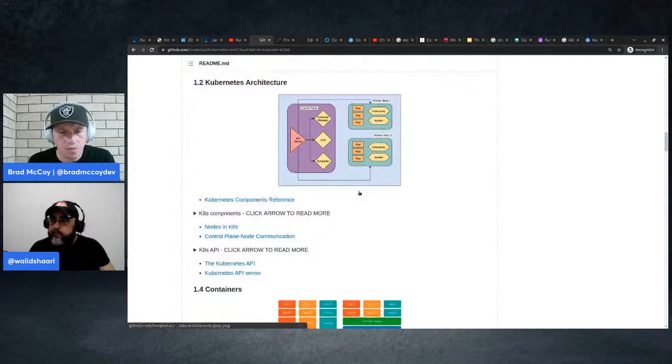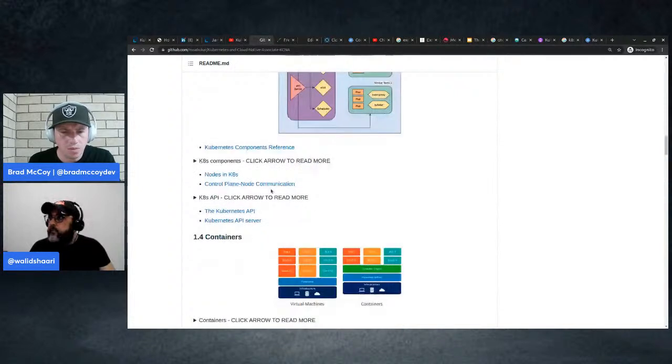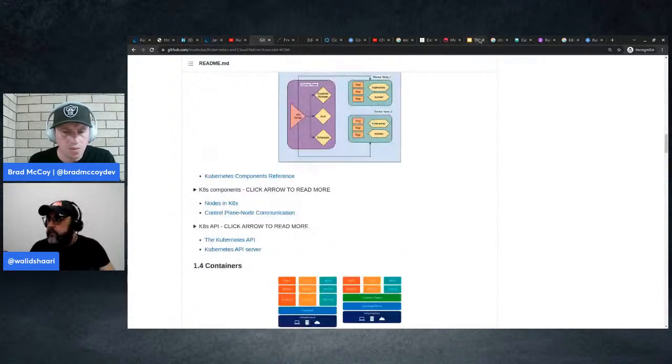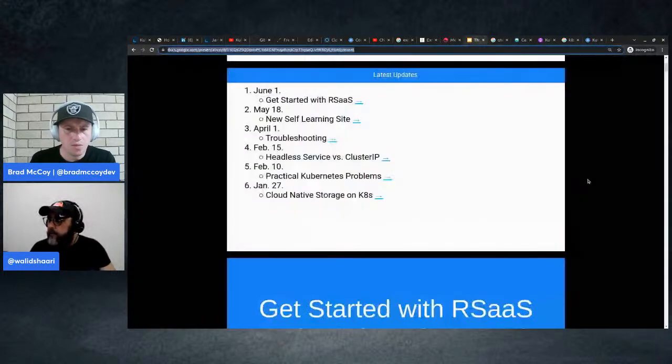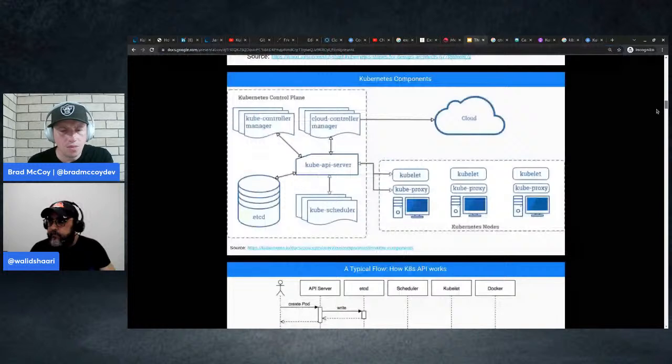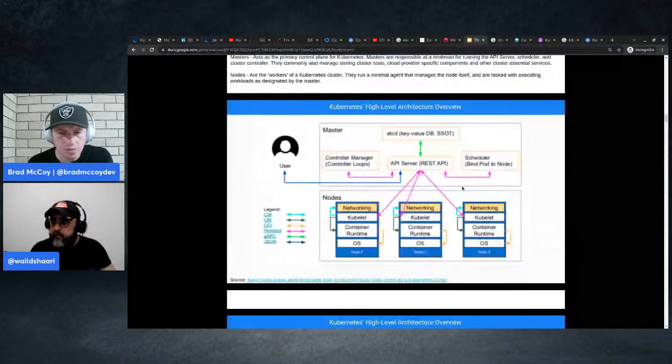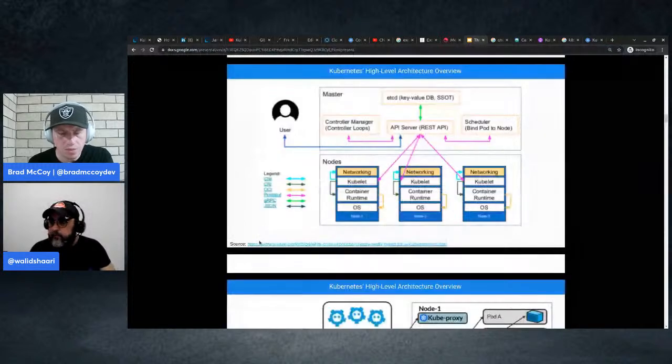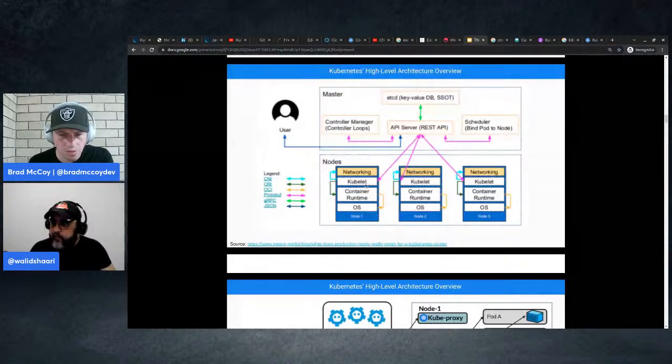There are lots of communications. If I go back here, there are lots of communications happening. Yes, so this, I like this. This is from Weaveworks. And so you have here the control plane, the control manager, the API server, the scheduler, the etcd, and you have a worker node. And here you can see the kubelet is the point of contact between the worker node and the master node.